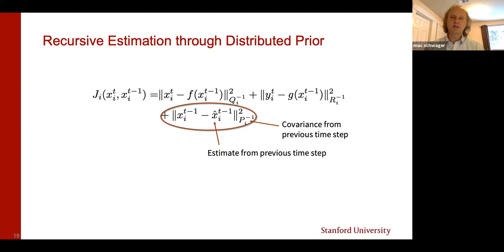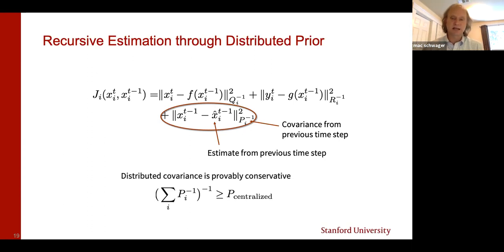The problem is that in order to exactly get the centralized error covariance from the previous time step, we would have to do another round of communications among our vehicles so that everybody has in hand the same centralized error covariance. And this is slow. We could do this, but it would slow down the algorithm. It turns out that we pay virtually no practical penalty for not doing that. Instead, every car just takes its own component of the error covariance matrix and uses it again in the prior for the next optimization round.